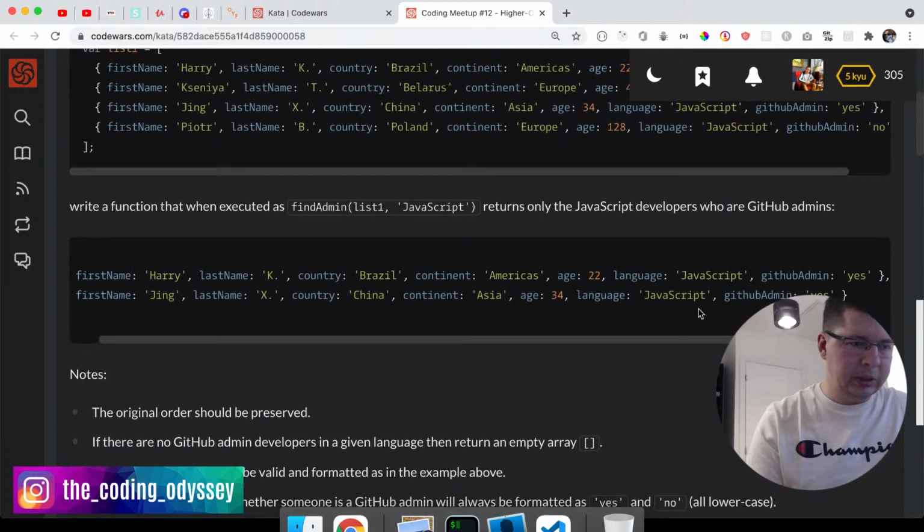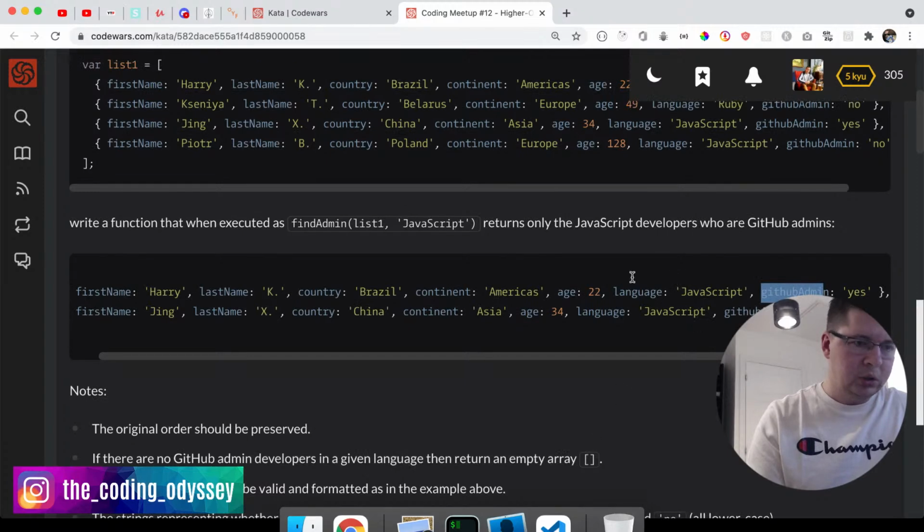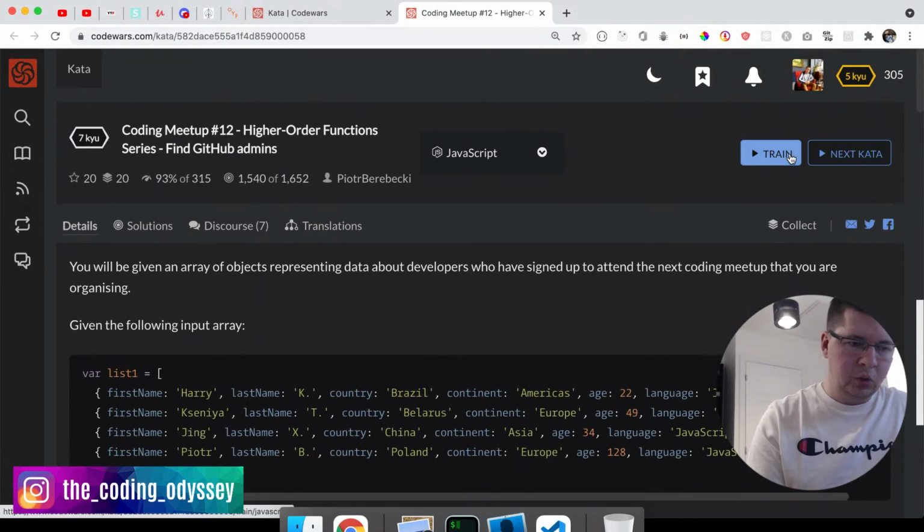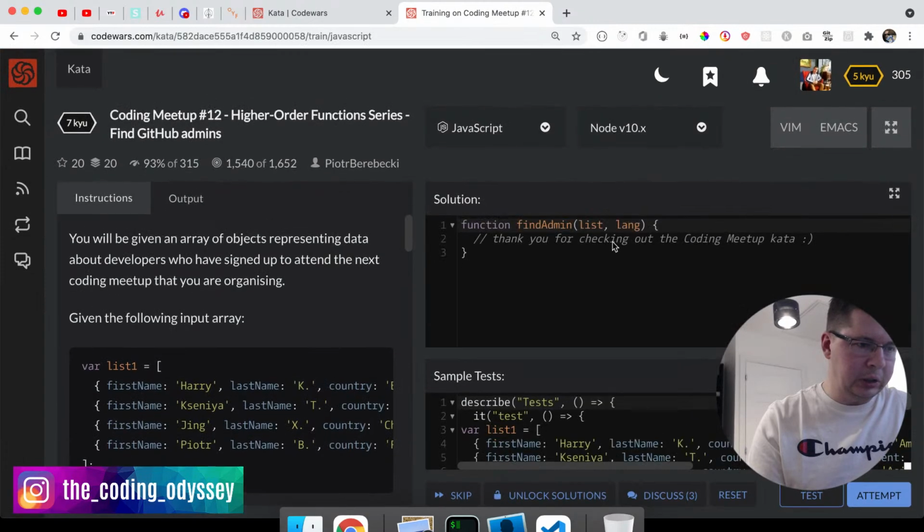Okay, so basically you're given a list and you're given a programming language and you have to return only the developers that use that language, but also they are GitHub admins, and you can see that this is represented in the developer by having yes for the GitHub admin property in the object. So what we have to do is basically,